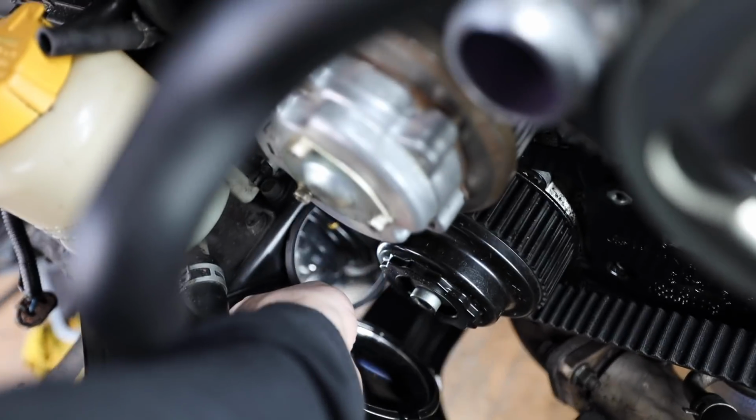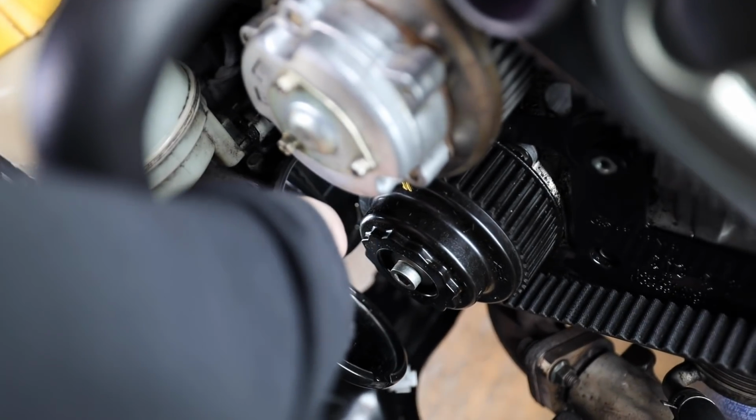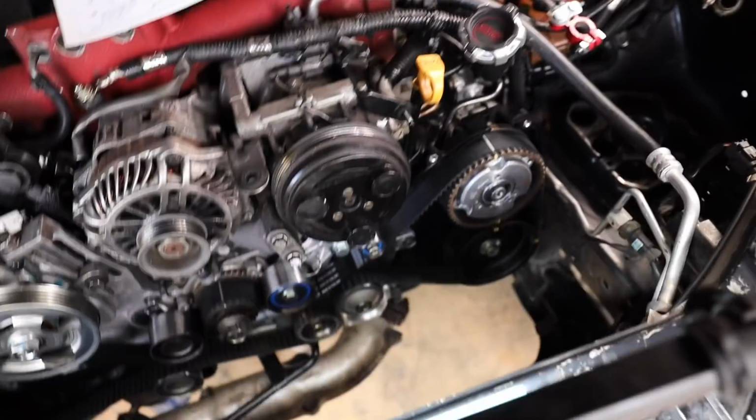Let me try the other side. It might be a little bit better. So let's get our mirror down in there. Oh God, dude, there's even more stuff. Not necessarily. You can kind of see it. So right there on the timing belt, you can kind of see that line in between my hand and the cam sprocket down there. Doing this by myself, I'm not gonna be able to really show you guys those bottom ones, but